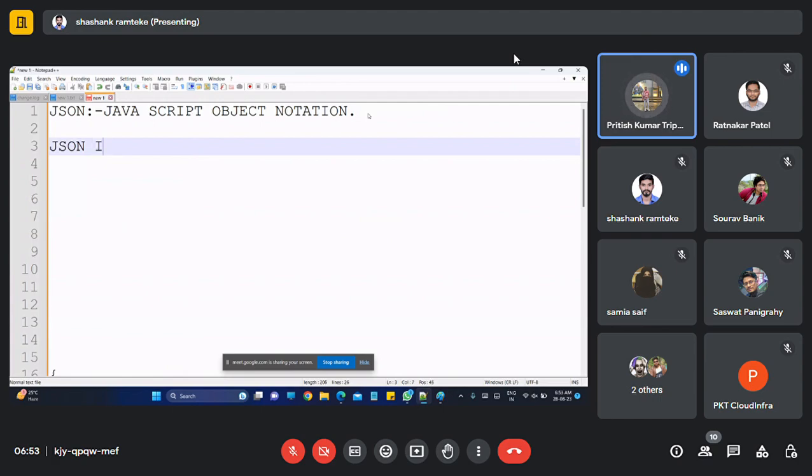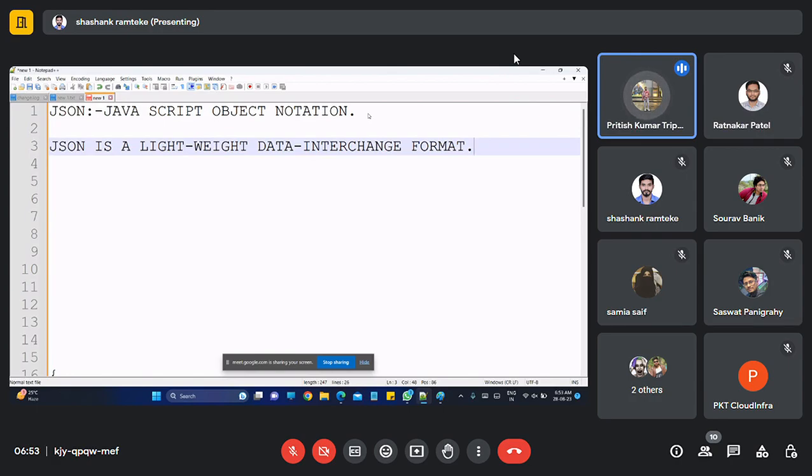So JSON is a lightweight data interchange format. Why am I saying lightweight? See, it doesn't carry a lot of bulky files. It will be like 1 KB, 1.2 KB, at most.